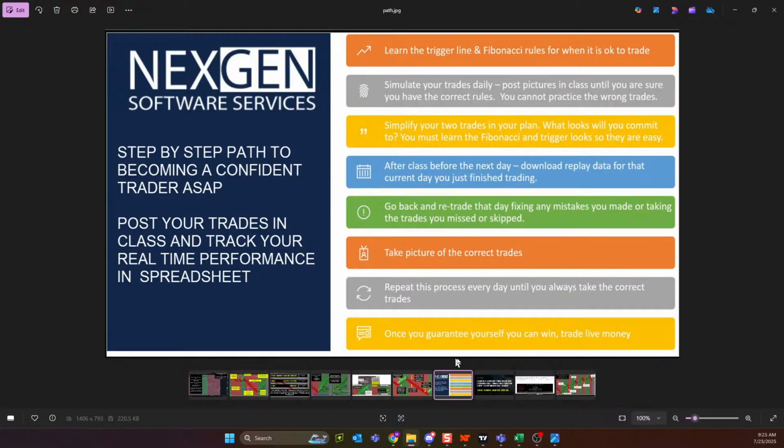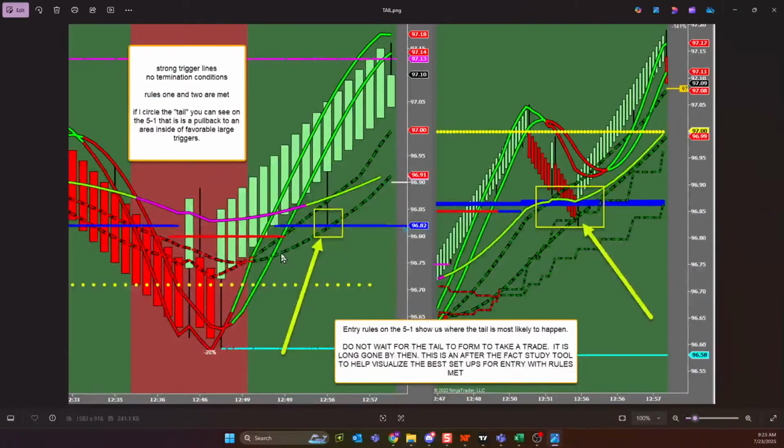And guys, that's where using the spreadsheet that I'm about to give you is going to help out a lot, because high probability trend trades are nothing more than a pattern. When my large chart has strong triggers, when my large chart has room to targets, buy a pullback at an area inside of triggers. That's your pattern, and it's going to look the same.